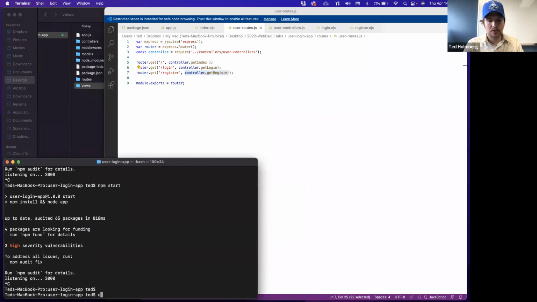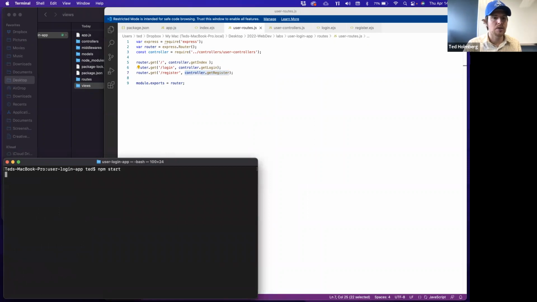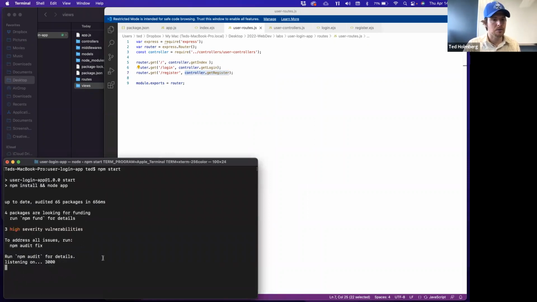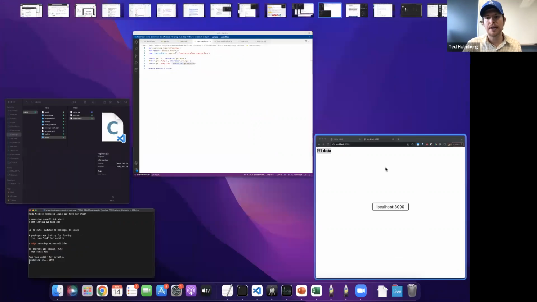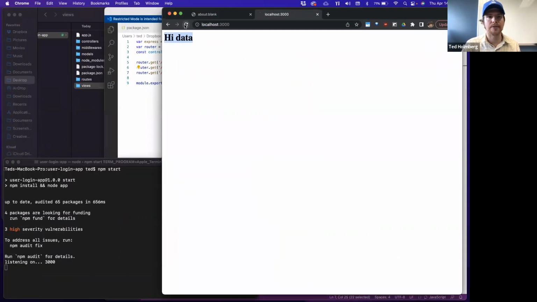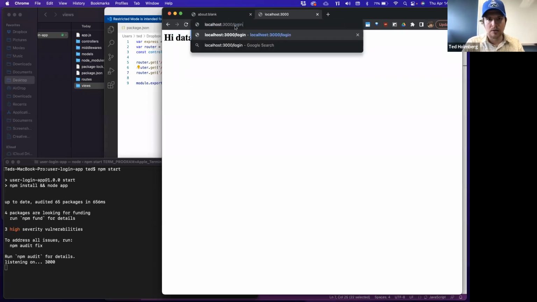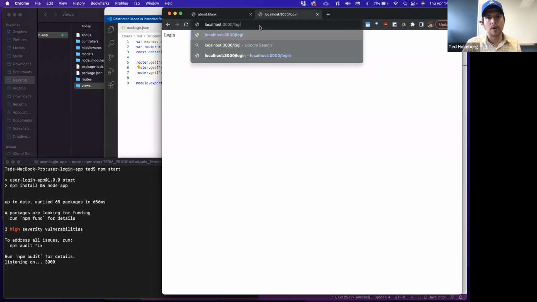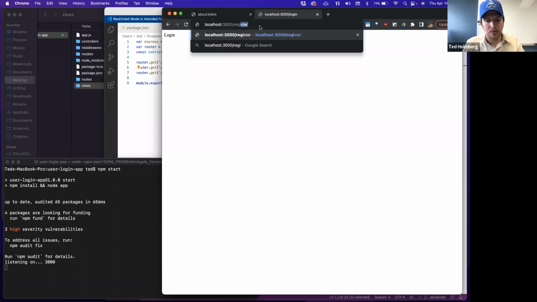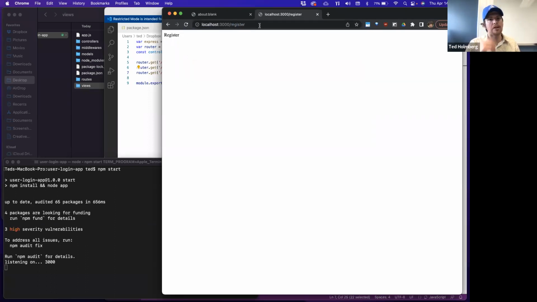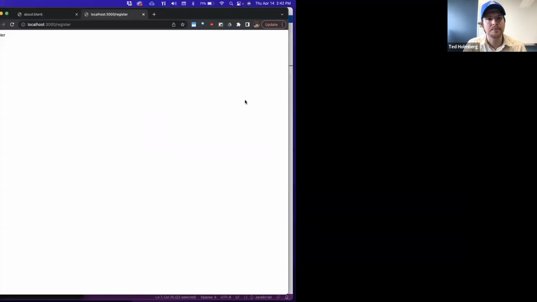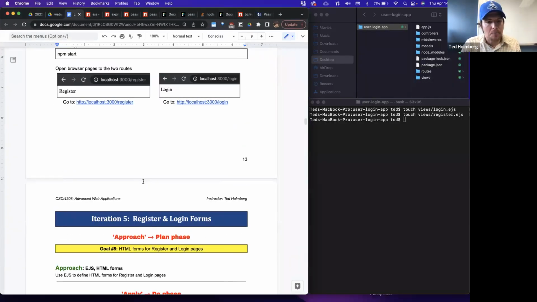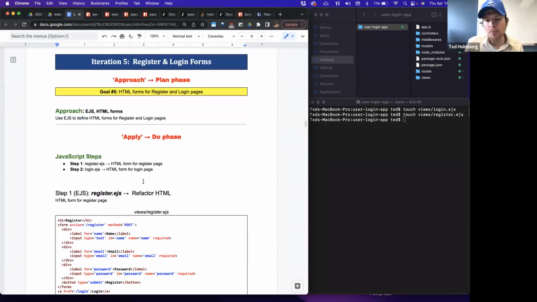And let's clear. Let's start our server. Oh, excellent. So now let's go here and see if we can go to these endpoints. I'll refresh this. Perfect. Let me go to login. Yep, we have a login endpoint. And now let's go to register. And we have a register endpoint. Excellent. Okay, so now that we have our endpoints set up, why don't we set up some form data that